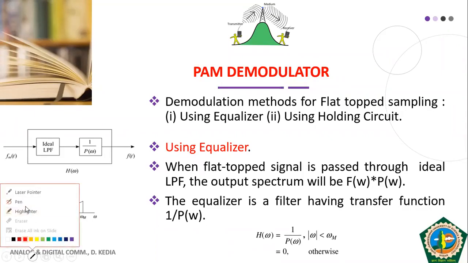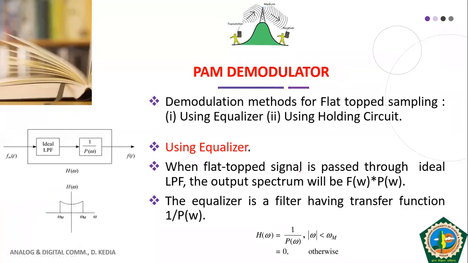So if you remember in yesterday's class, I had told you that when we use flat topped sampling, we introduced deliberate distortion into the original signal. I told you that the original PAM signal means the top of the pulse should have the same wave shape as we have in the modulating signal. But what we do, instead of having the same shape as the modulating signal at the pulse top, we make the pulse top flat. We provide it a constant value. That's what we call flat top sampling. So we are introducing a deliberate distortion into it.